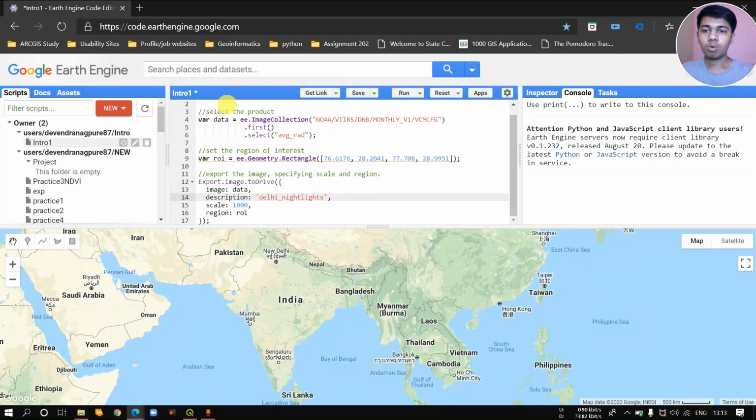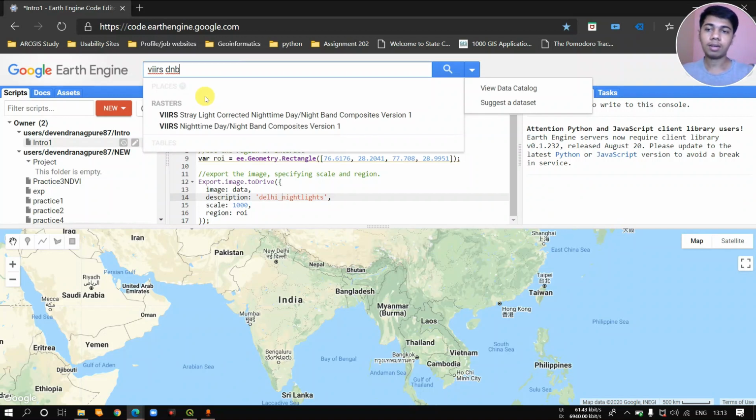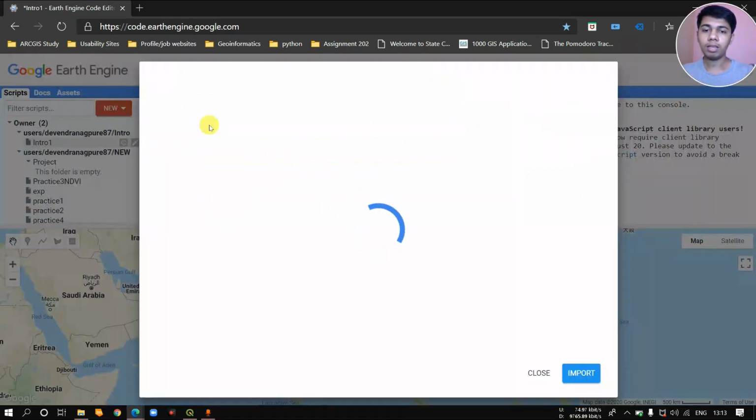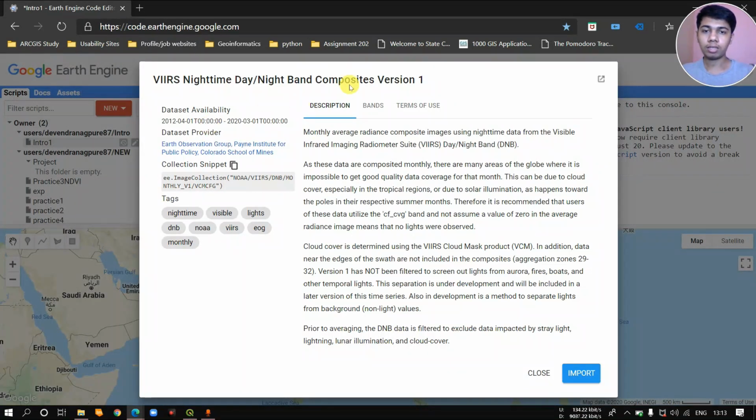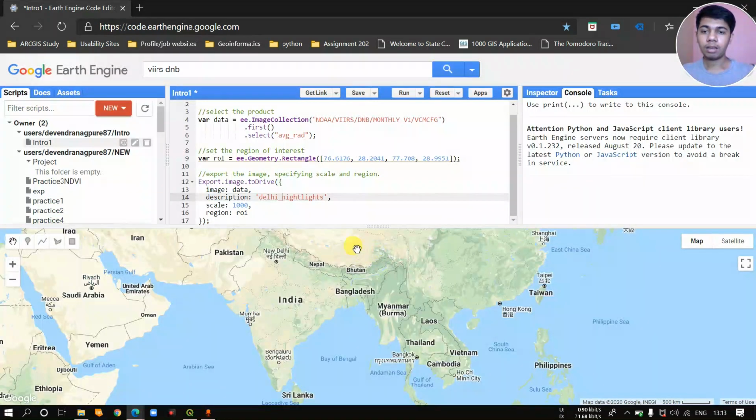As of in this condition, the VIIRS DNB dataset is currently available at mostly 500-meter resolution. Okay, so over here you can see the 15 arc seconds. So I have just taken a 1,000-meter resolution dataset, so it's just resampling the dataset and giving me the resolution of 1,000 meter.